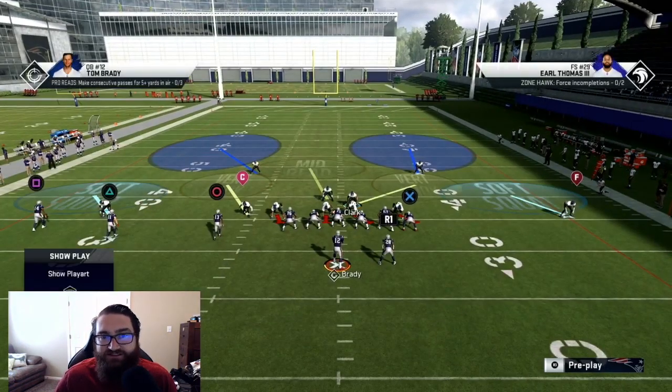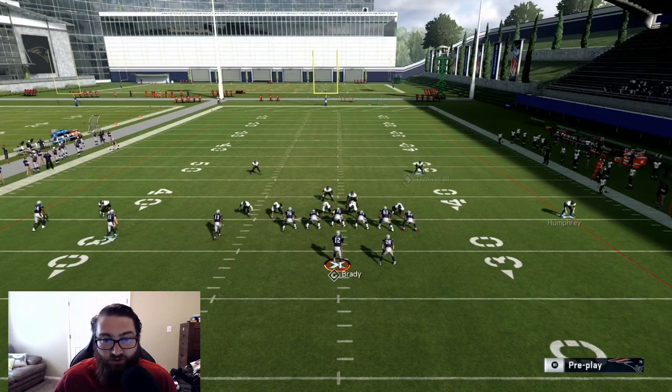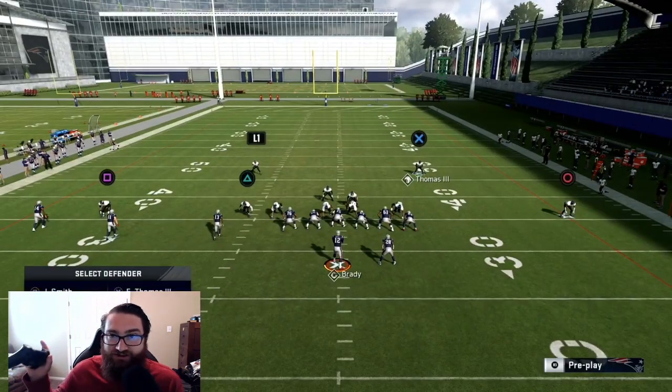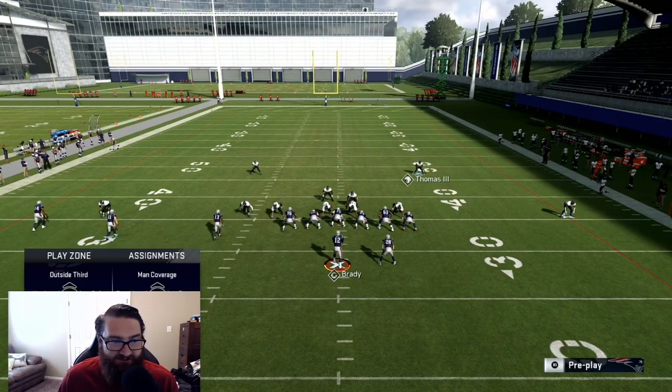This is the coverage defense and my base coverage defense to take away trip set, crossing routes, also bunch with corner routes. So I'm going to put my corner in an outside corner order, like this. So Y or triangle if you're on PlayStation, and then circle, and I'm going to select circle, and then as you can see on the bottom, you can't really see it right here. Let me move my